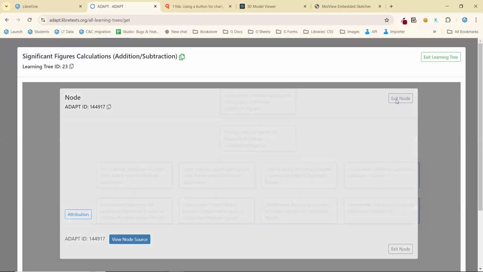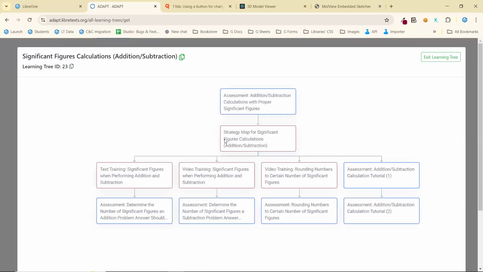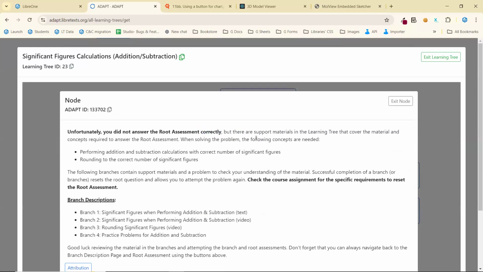So if the student decides they want to go into the tree, they go into the tree, and again, the point of the tree is to act like a little mini concept map. To say, here are the concepts necessary to master this question, which involves multiple components.